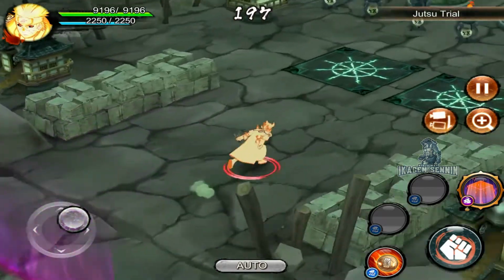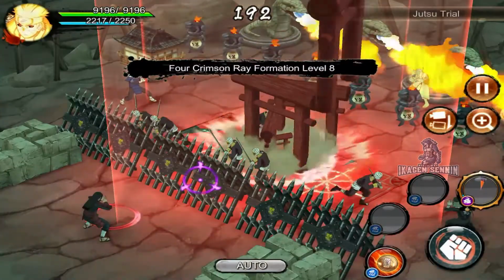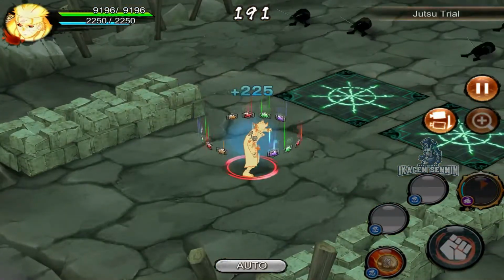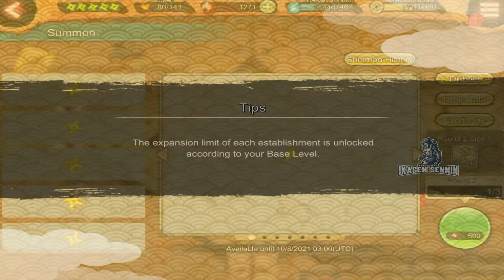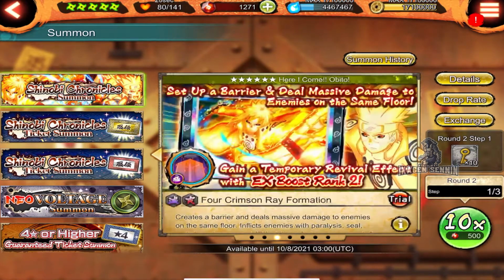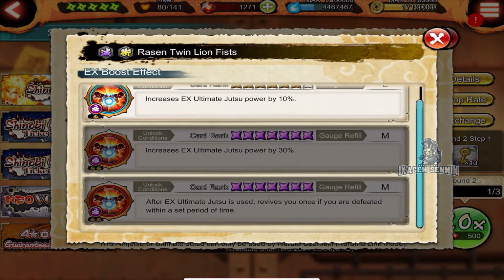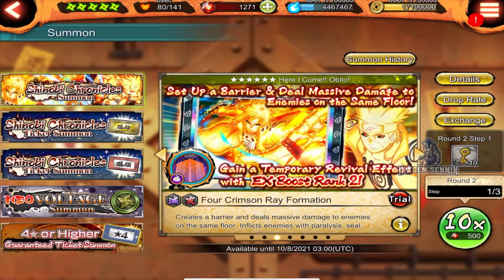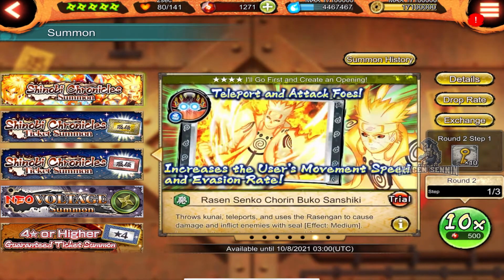The only good thing about his new ultimate, which I already got, remember that the video of the summons is going to be available tomorrow, is that it recovers your CP, and it has a full floor effect. That means that you will deal damage on all the enemies on the same floor. Also, always remember the other X boost effect, that if you are using jutsus, you can have the second effect, which is for Naruto and for Minato, that you can be revived once if you are defeated. So that's really cool,